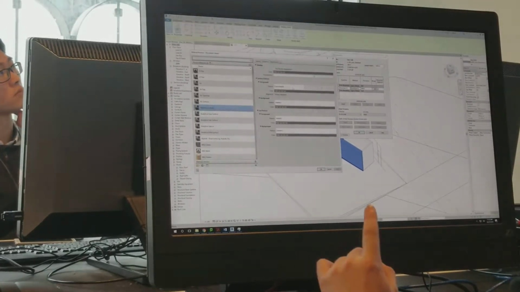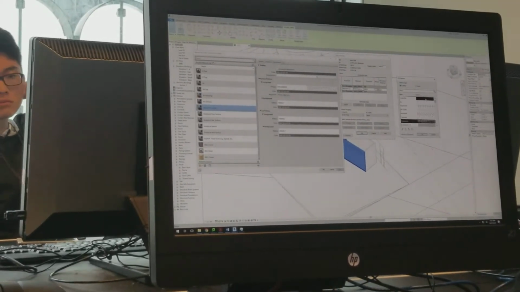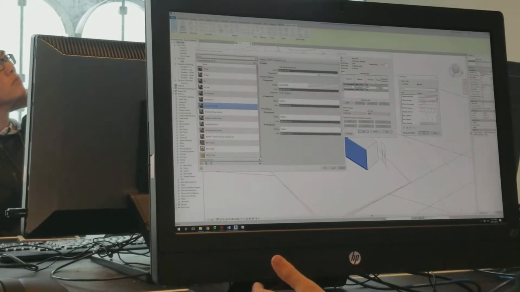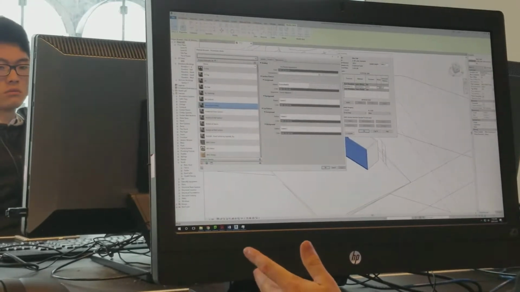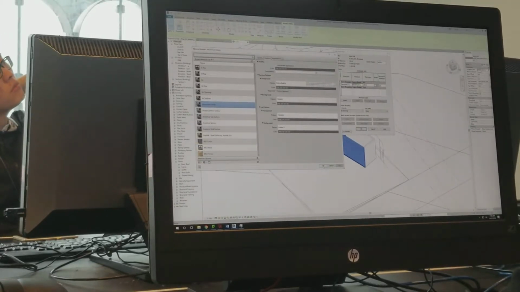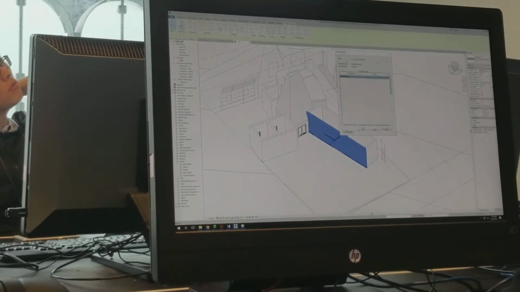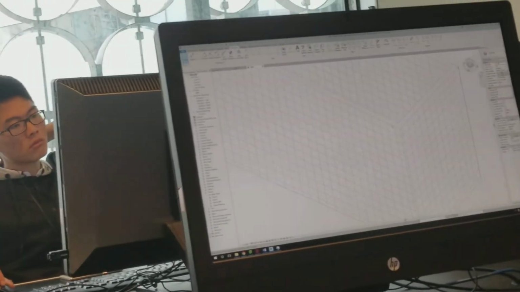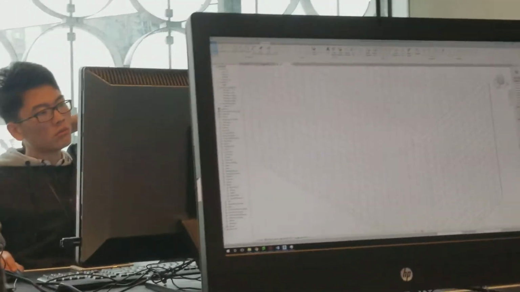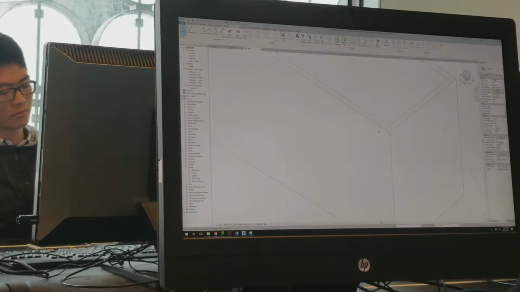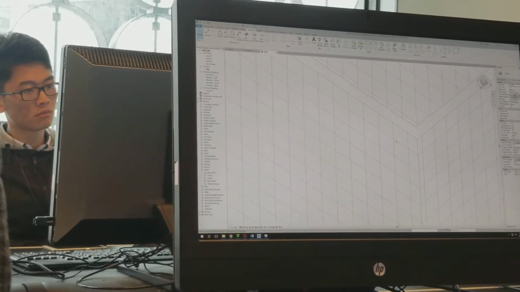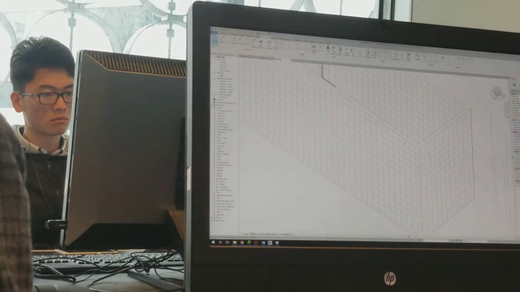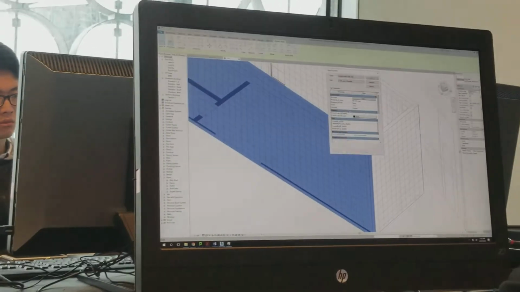So now I just want to show you the difference between the 2D drafting pattern and the 3D model pattern. If I were to click on my model pattern up here, and let's use one that's already been created for us. Actually no, before I do that, you'll notice that in 3D view, when I hover over that pattern, generally, like we've already learnt about, if I hover over anything in Revit, if I filter through and push tab on the keyboard, I should be able to select that line or that piece of geometry. But given this is a dumb 2D pattern, we can't actually do that, so I can't position it in any way. So if I were to then convert this into a model pattern instead,